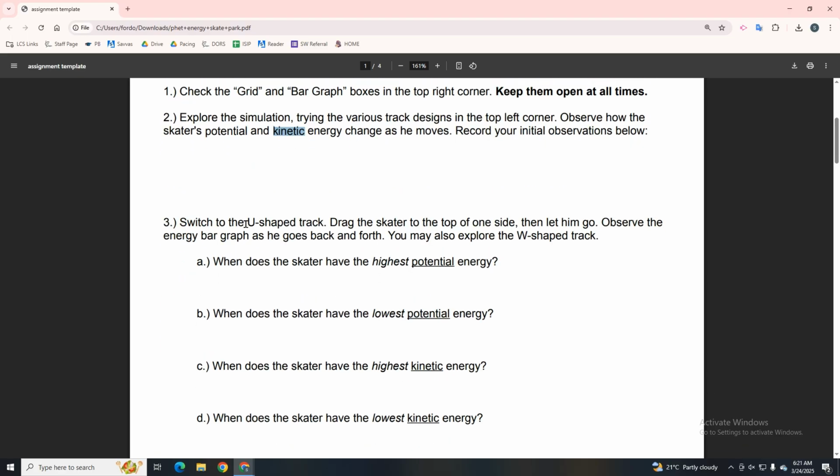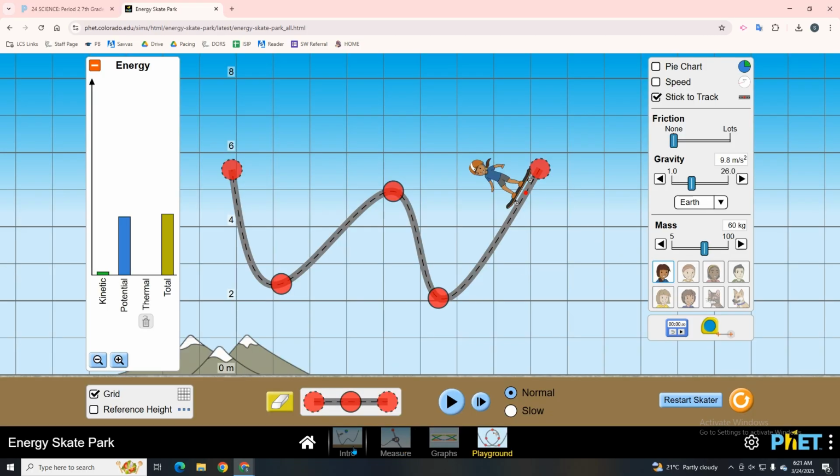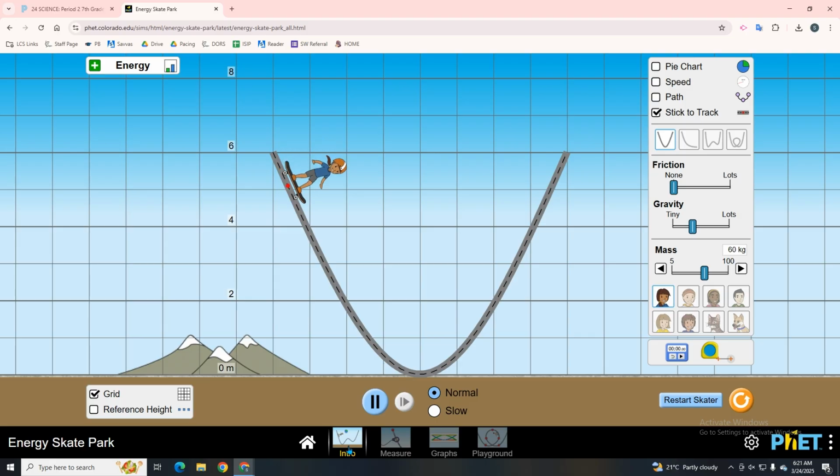All right, number 3, switch to the U-shaped track. Drag the skater to the top of one side and let him go. Observe the energy bar graph as he goes back and forth. You may also want to explore the W-shaped track. To do this, I would click on the intro,